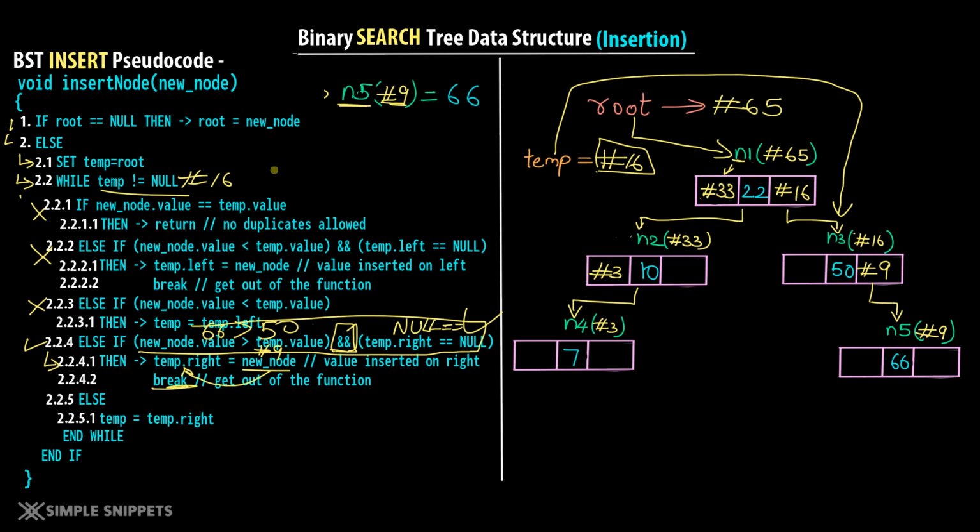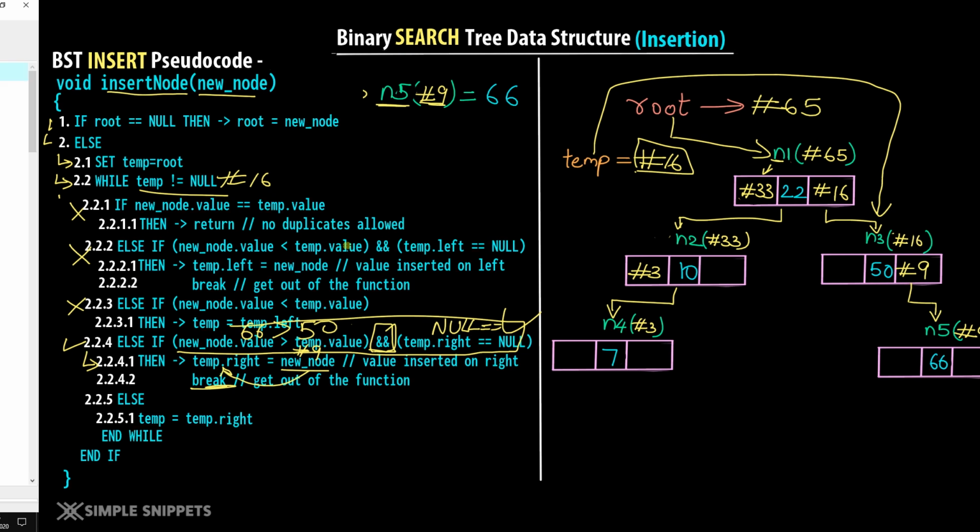Okay, so this was the entire insert node pseudocode, which is step-by-step instructions. And we also saw diagrammatically how the new nodes are added following this entire pseudocode. So I hope you've got the overall working and understood the pseudocode as well as the diagrammatic representation. And now the only thing left is to convert this pseudocode into our C++ code. So let's go to the Dev C++ IDE and write the insert node function.